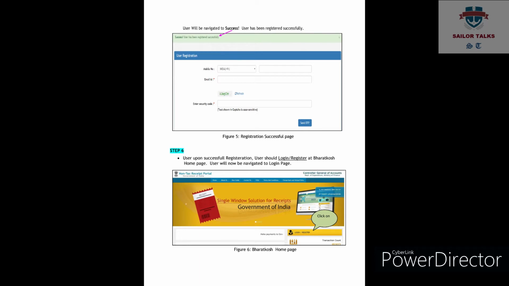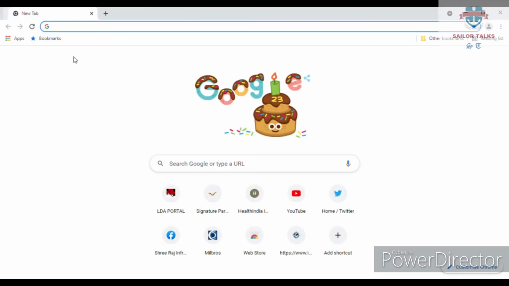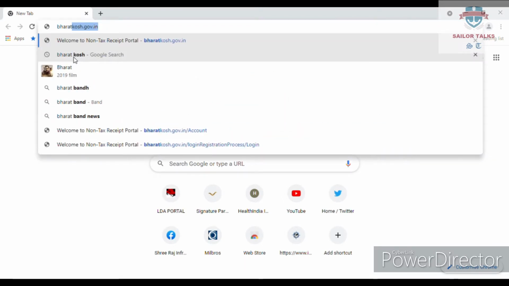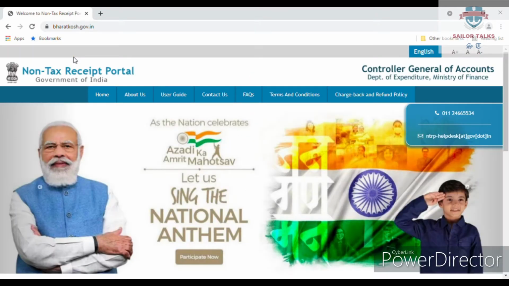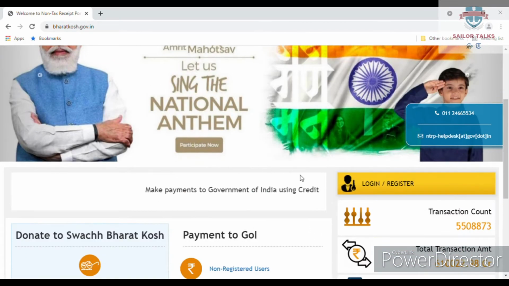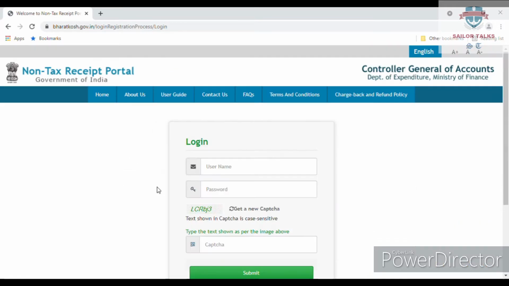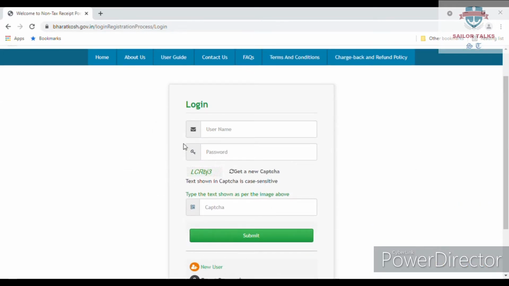After that, you open your browser again. Here you write the website address bharatkosh.gov.in. Press enter. The page of the Bharat Kosh website will open like this. You scroll down, then you click on login, register. Then you get the login window.